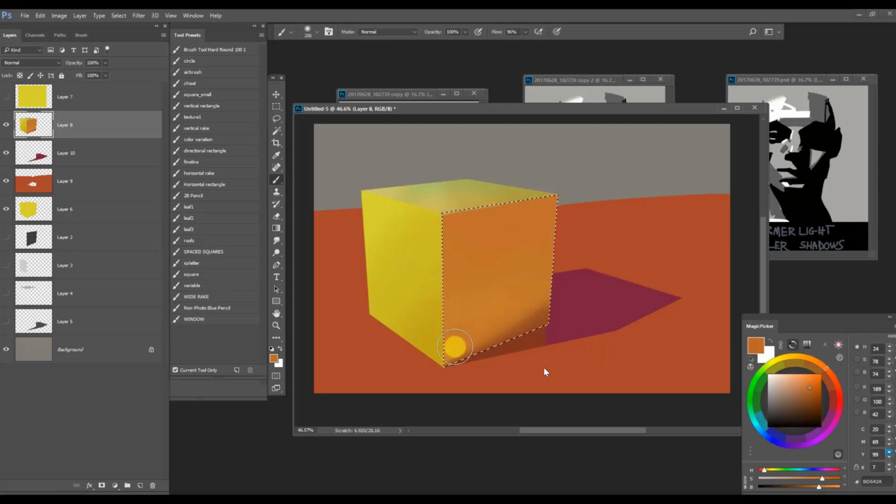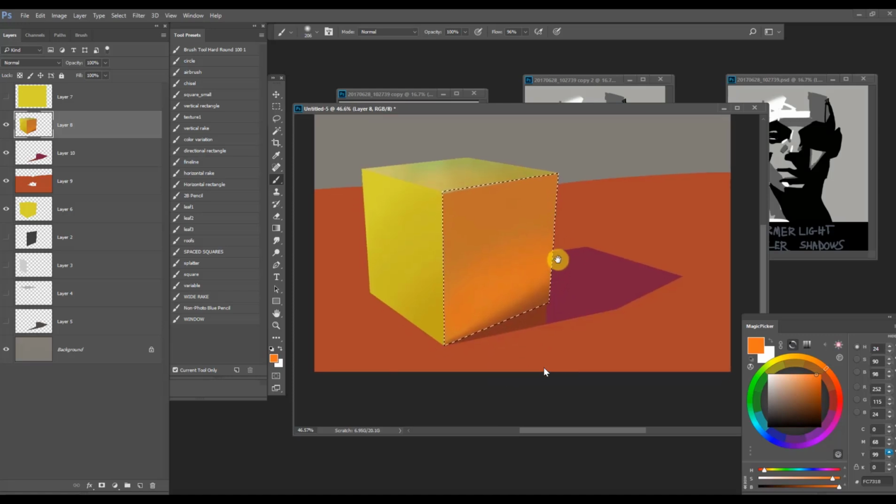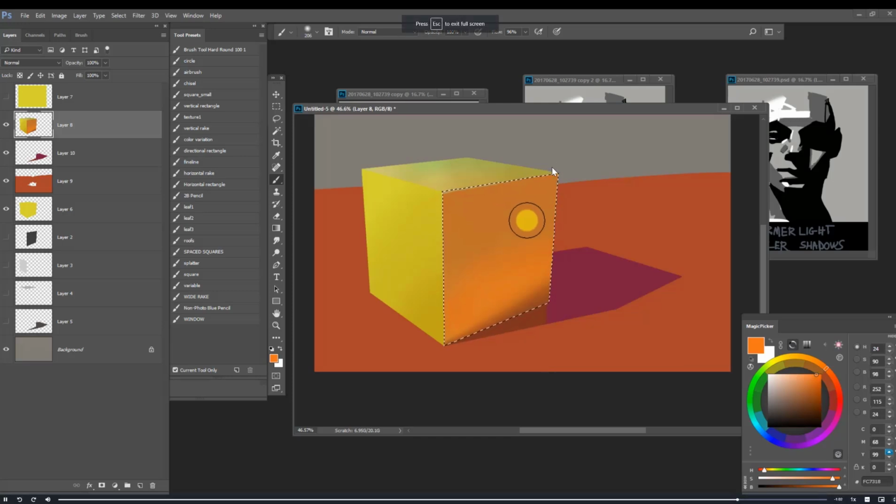So let's see, but I don't want to make it that dark. I like the value there, I just don't like the hue. So I change the hue. Something more like that. Now that feels to me like yellow being overpowered by this color. Now, there's certain colors that tend to pick up this type of hue. If you have a yellow object, it tends to pick up color casts from the environment very easily. And also think in terms of